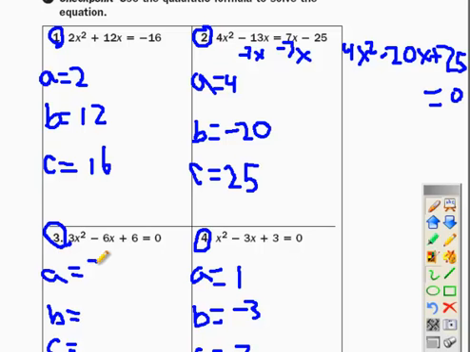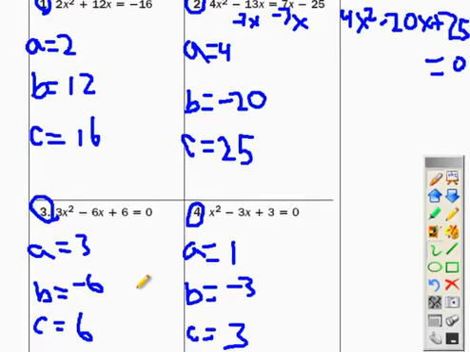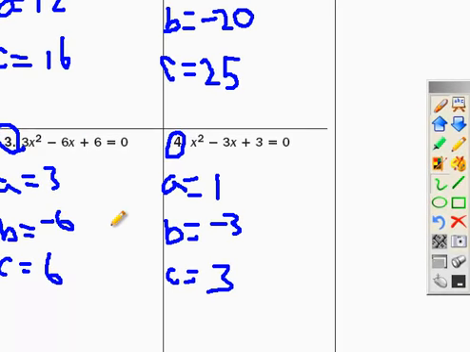And down here it's already written 3, -6, and 6. And so finding the A, B, C is the hardest part. And then once you find your A, your B, and your C, you just have to plug them all in and get answers. So on the first one, I hope you were able to plug it into the quadratic formula